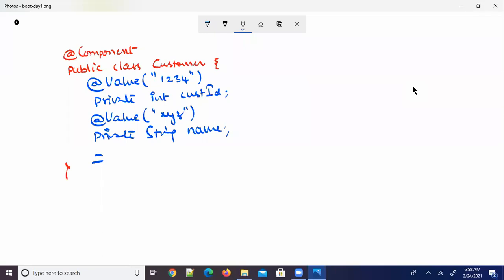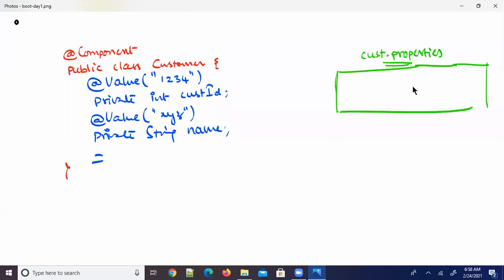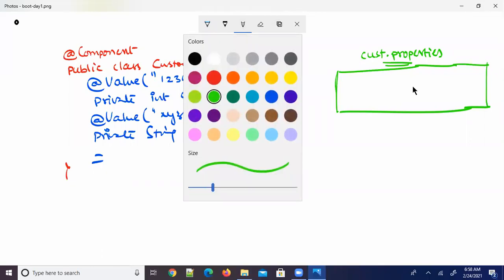For example, here I am writing cust.properties, a file. And in a properties file, the data can be entered as key is equal to value pairs.